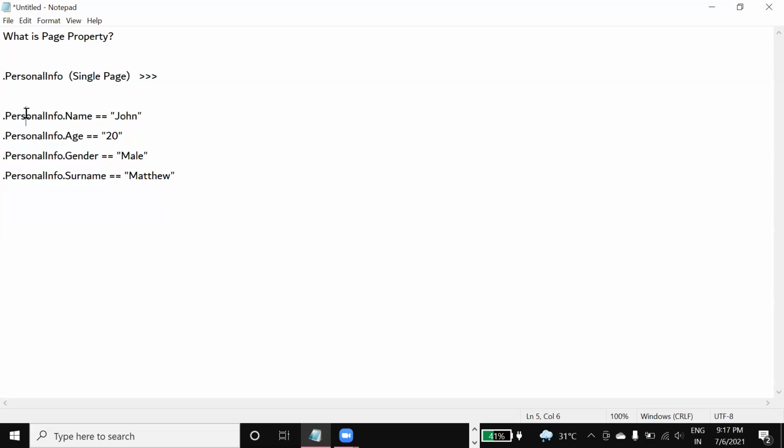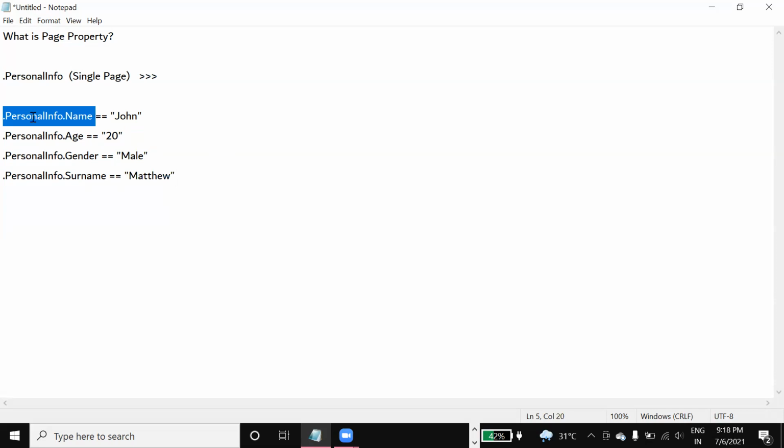If we look at this example of the clipboard structure, PersonalInfo is common for each and every property, but these properties are different. These properties, name, age, gender and surname, are normally called single value properties, which can store only one value at a time. Gender can store male, and surname can store Matthew.